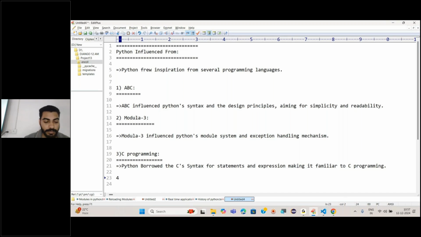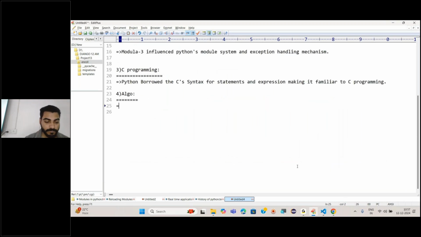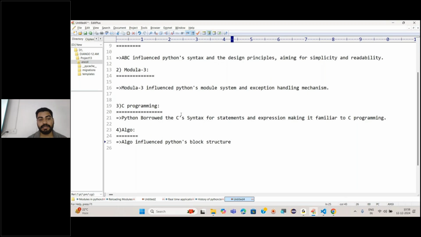Similarly, you have one more called ALGOL. Full form of this is algorithm, you can say. So ALGOL influenced Python's block structure. Okay, the difference between C and ALGOL is, Python borrowed C syntax for statements. Whatever the statement we write, that syntax they have borrowed, and the expressions. What type of expression? Later on you will understand what is statement and expression. Okay, making it familiar. But actually, ALGOL influenced Python for its block structure, like